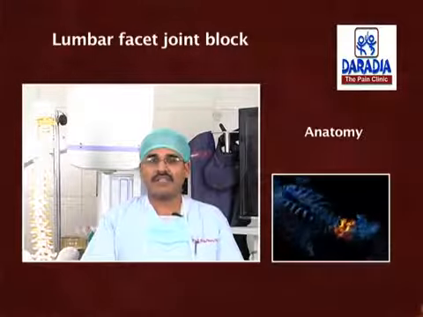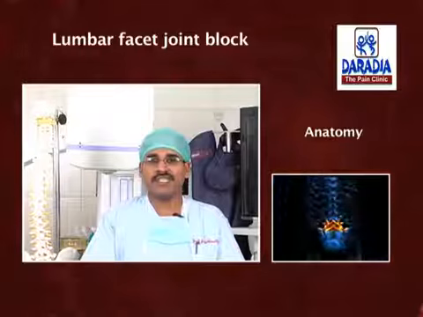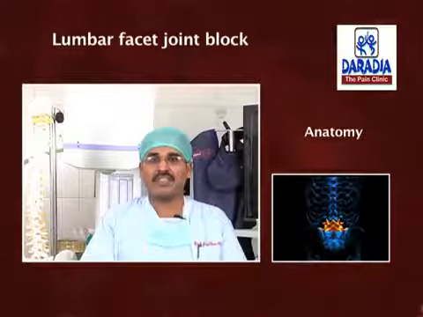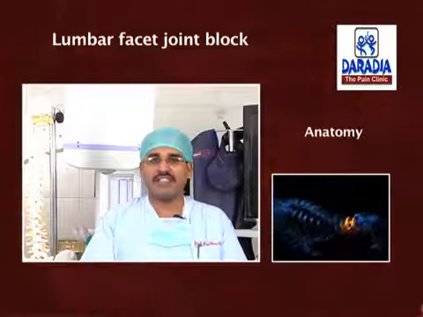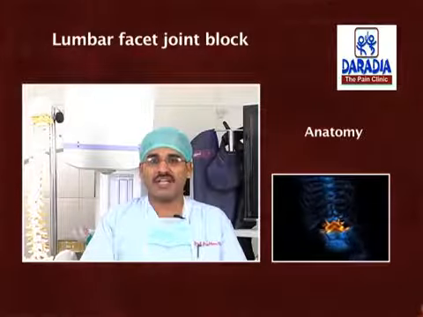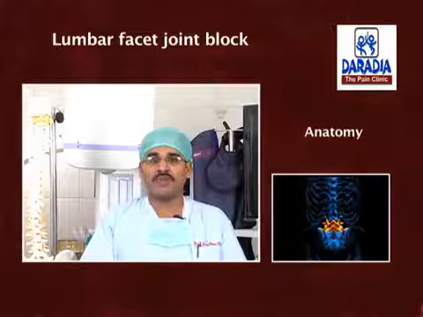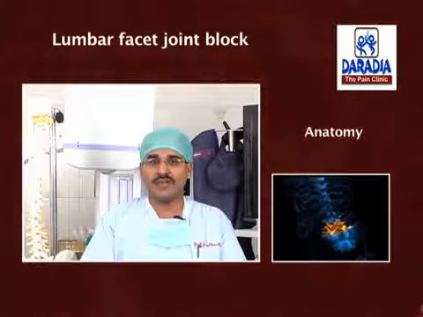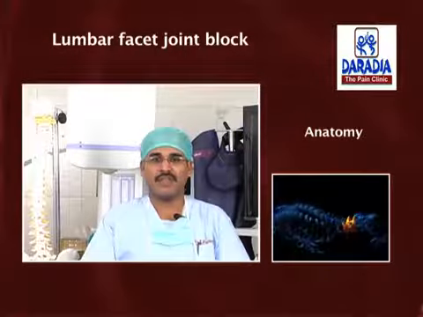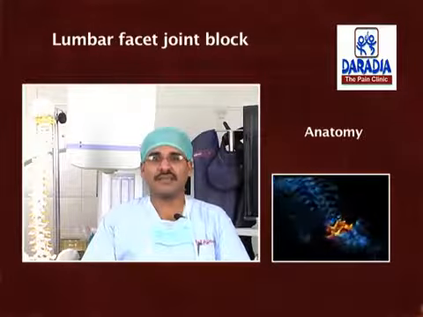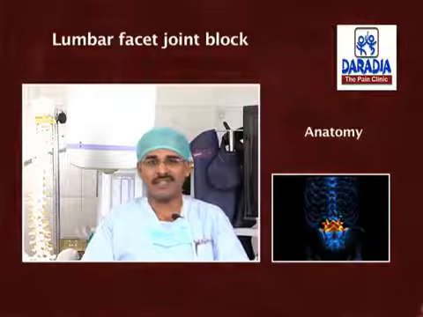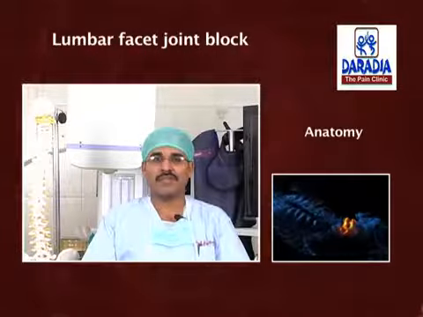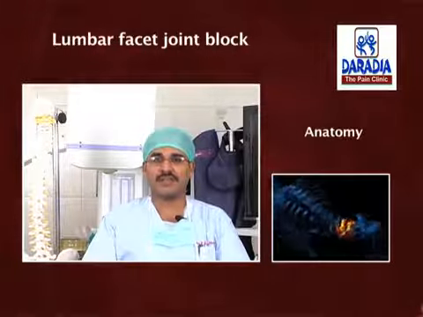Coming to the innervation, the mixed spinal nerve, after exiting from the intervertebral foramen, divides into a large anterior and a small posterior primary ramus. The large anterior primary ramus courses anterolaterally, which contributes the major motor and sensory part of the groin, gluteal region and leg. The posterior ramus divides into medial, intermediate and lateral branches. The lateral branch supplies the paraspinal muscles and the intermediate branch supplies the longissimus muscle.